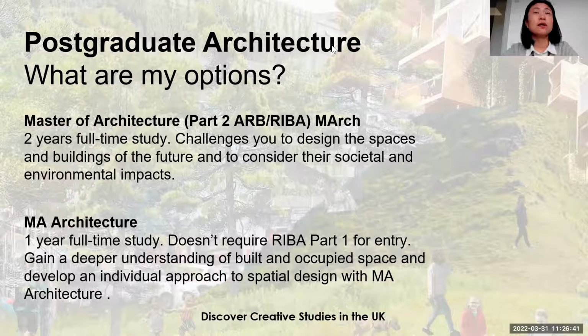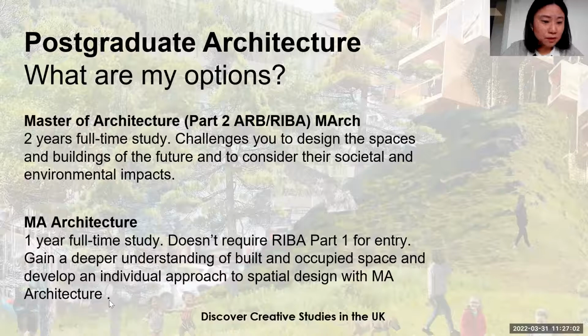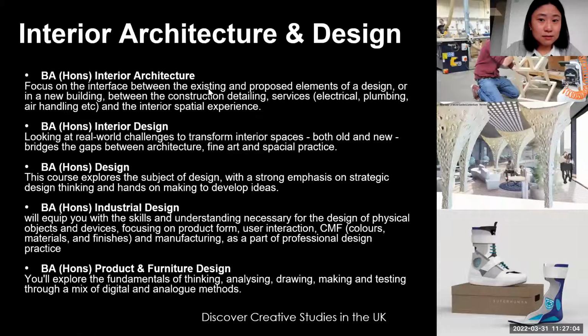If you want to become an architect in the future, of course you need to do RIBA Part 1 and RIBA Part 2, which is mentioned here. But if you just want to study architecture in general, you can do a BA architecture course, and continue your further study with an MA architecture, which is only 1 year full-time study in the UK. And here is more information about other courses under architecture, like interior architecture design,